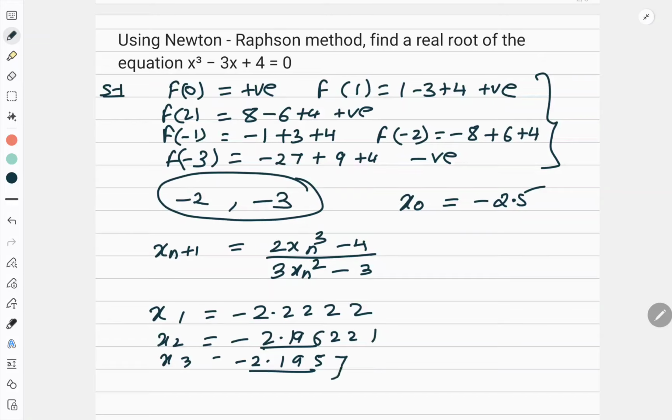See here, this is 7, so this will become 6. That's why it is same, right? So I have started by taking x0 is equal to minus 2.5. If you take x0 as minus 2, these values will be different, but the last value will be same. Okay, it is about reaching a particular point from different directions. Understood? Same way, 2 more questions are there which you need to try.